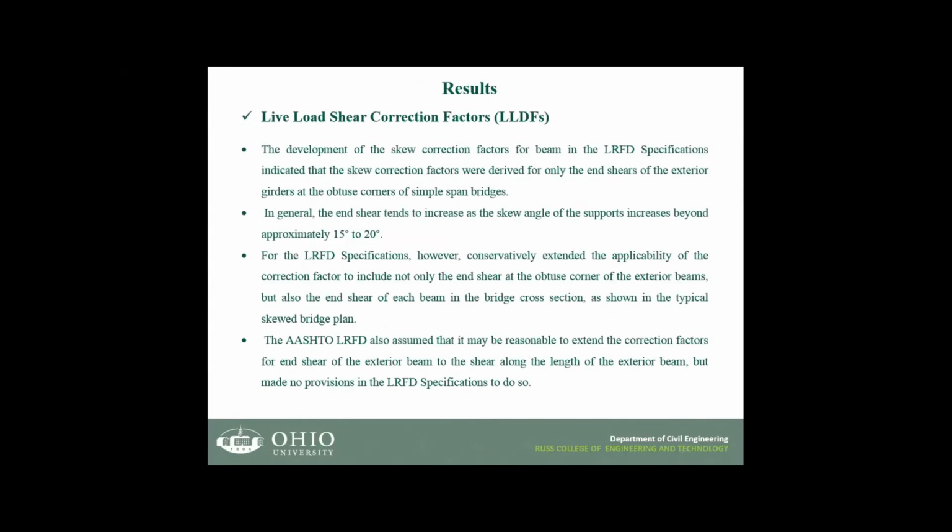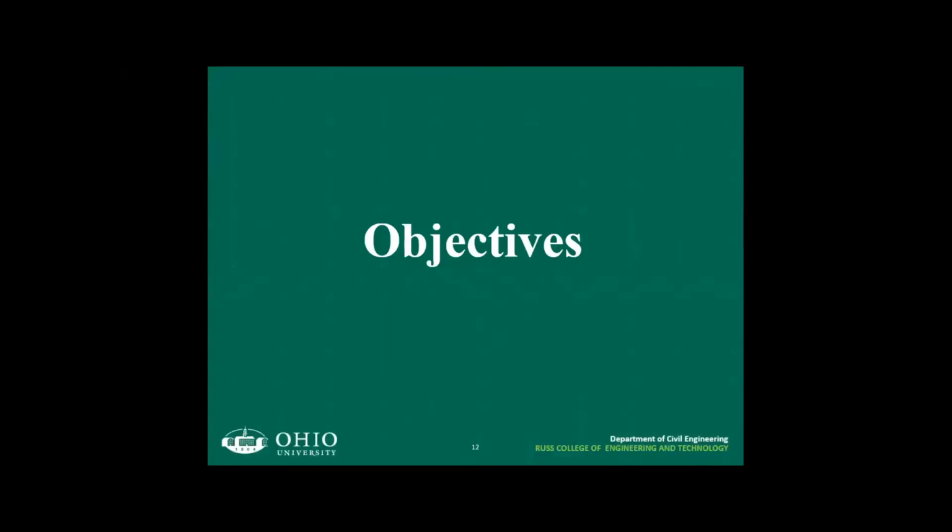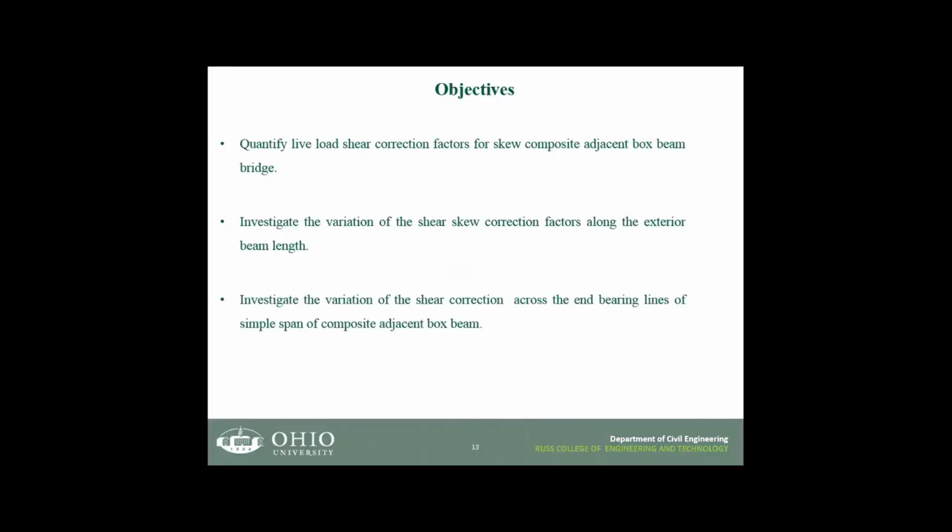But AASHTO did not present, like it says the correction will be at the obtuse corner and conservatively will be used for the whole beam, but it did not discuss how the shear will vary along the exterior girder and along the interior girder, how it is for the exterior and the interior. The objective of this study is to quantify the live load correction factor for skewed composite adjacent box beam,